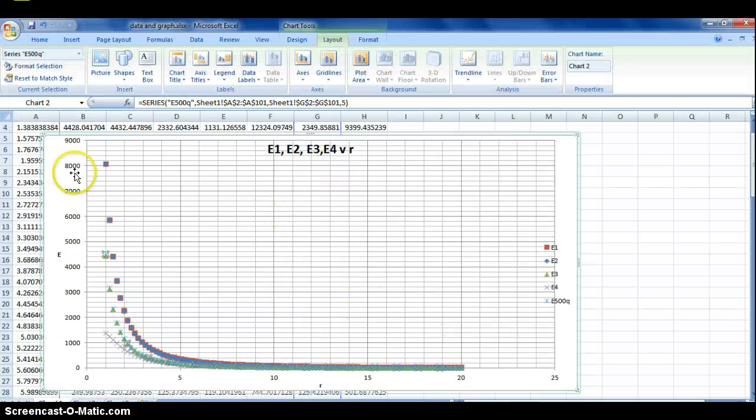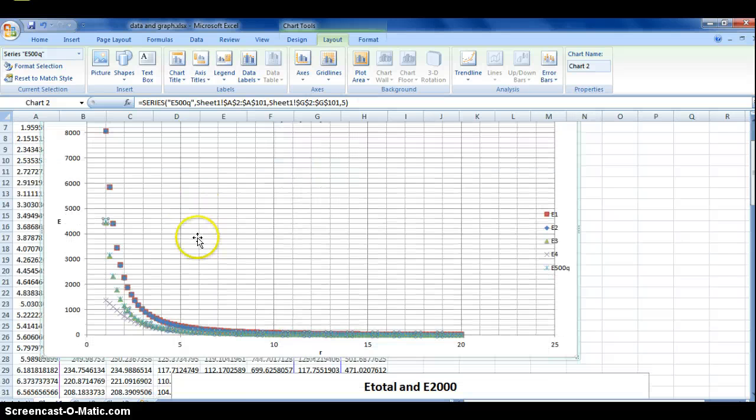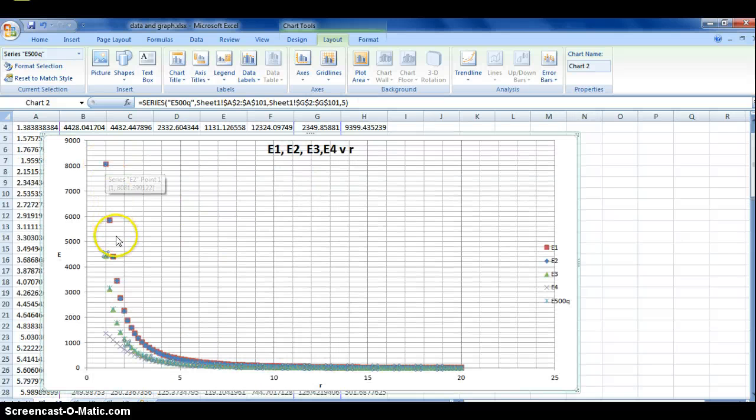And what I found was, well, I have a bunch of data points, and I compared the different ones. So E1, E2 versus E3 and E4. We see that two of them are pretty close together, except this one, the one with the crosses. The E4 is the one that was really spread out, the red balls, which is explainable as it's really spread out, so some of the electric fields might be cancelling each other,